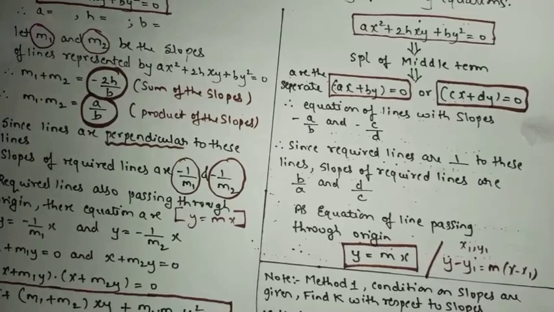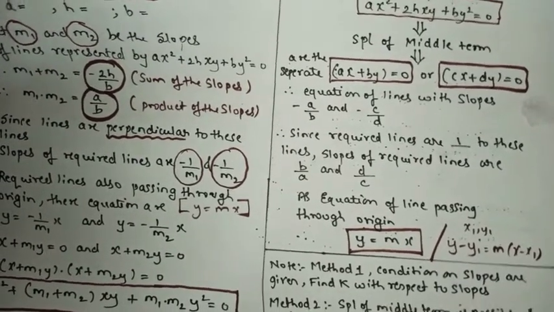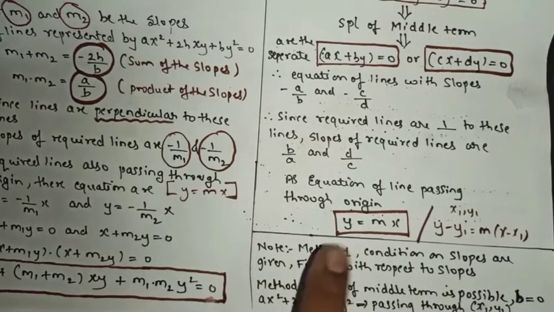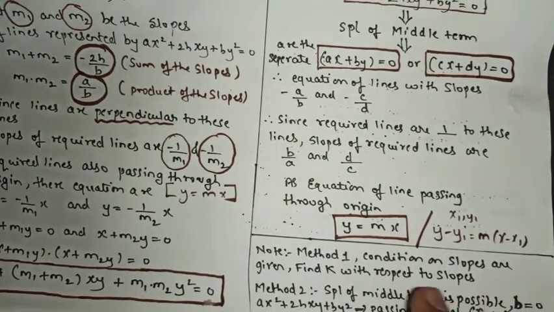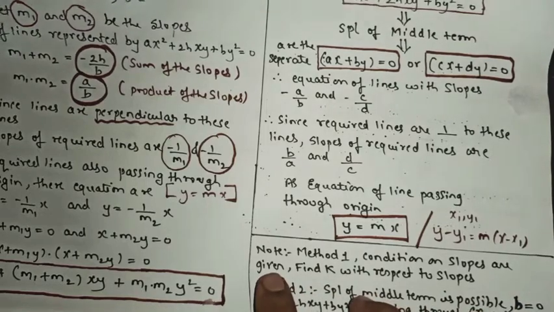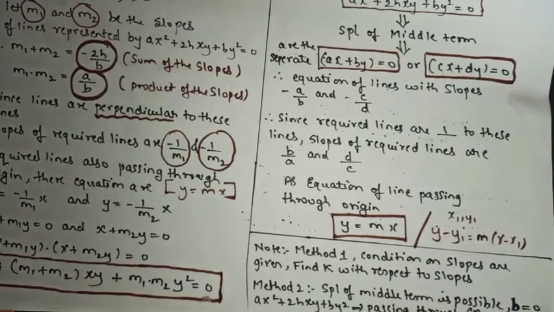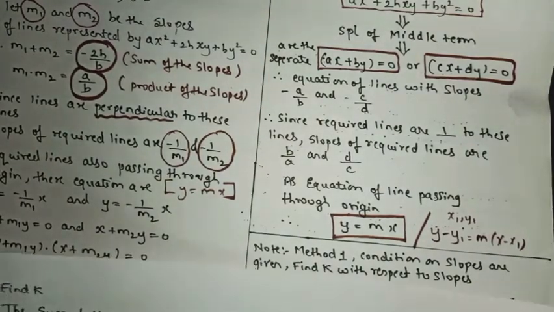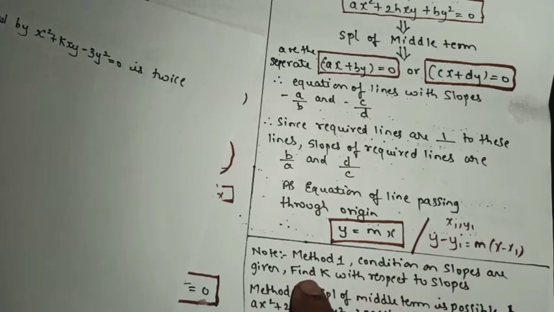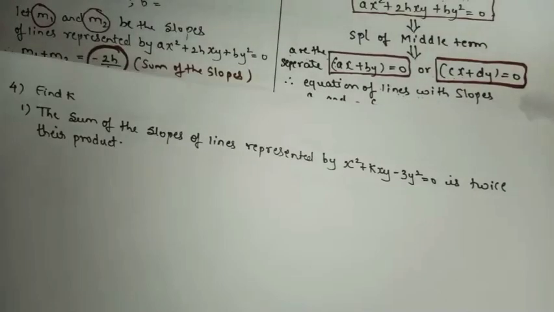So here we understood when we have to apply method number 2, yes or no. Now we'll check for method number one. So method number one, when you have to apply: whenever the sum is based on the condition of the slopes. Conditions on the slopes are given, like we'll see some examples, you'll come to know. Or else sometimes they will say that the condition of the slopes is given and then you have to find the value of k, like this.